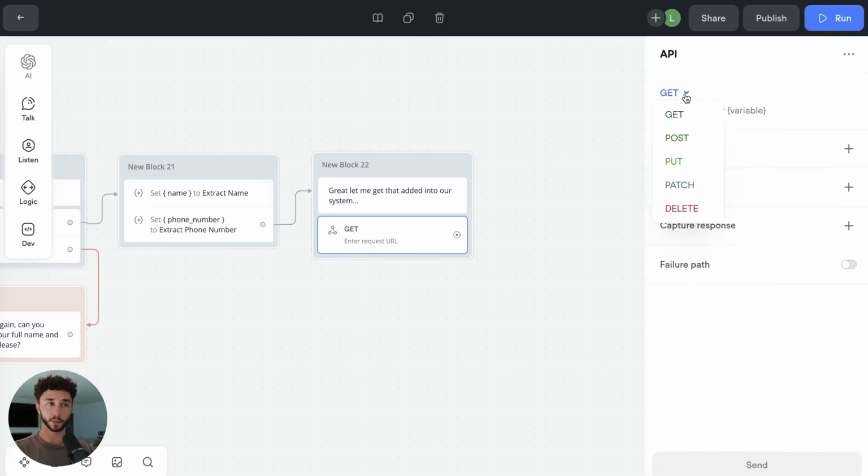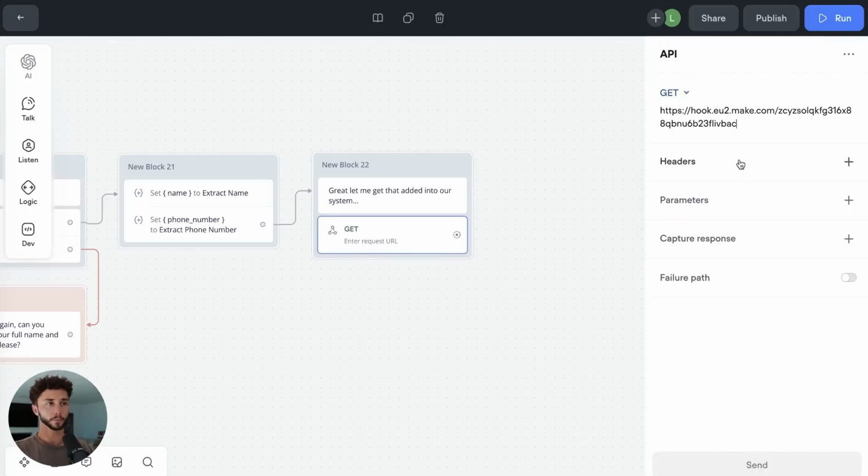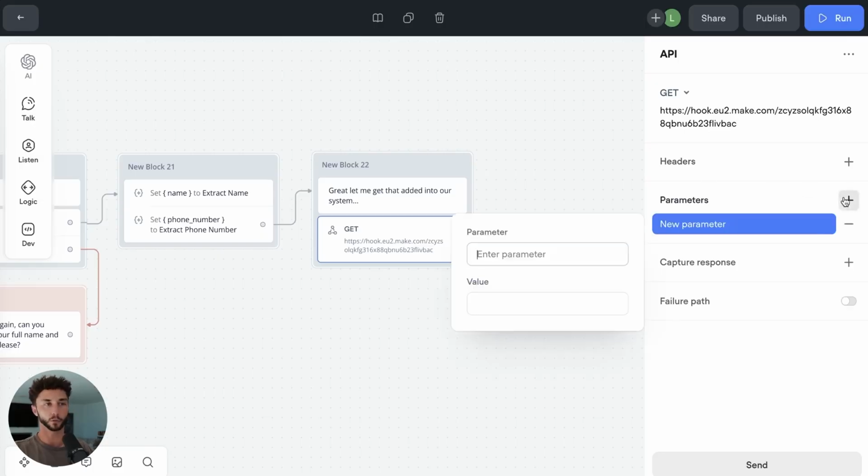So it's not a post request this time, we're just getting. Technically we're not getting data, but a get request is a much more quick and dirty request. And as you'll see, we just tack on a bunch of information after this. We can do it through what's called parameters here. We want to be sending a property, let's just say property type. Actually, let's do this properly. Let's go